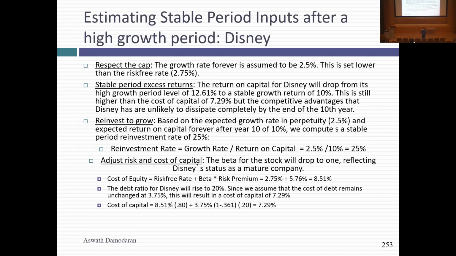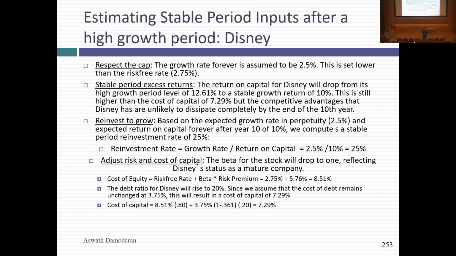I'm saying, is this company that you're looking at the kind of company that can earn more than its cost of capital in the long term? And if the answer is yes, then you can leave the return on capital above the cost of capital, but maybe think of bringing it down. So if you remember, I started my calculation with the return on capital of 12.6%. That's the existing return on capital. But when I move towards my terminal value, I'm going to drop that return on capital to 10%, still above the cost of capital, but not all the way down to the cost of capital. You're going to see how this plays out in valuation when I show you the terminal value.